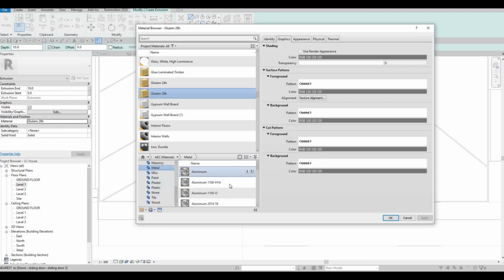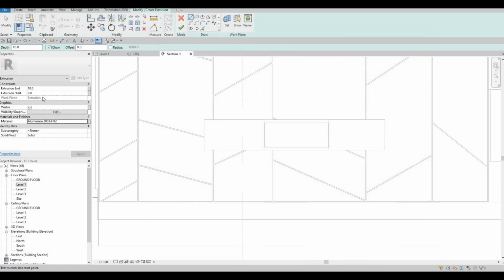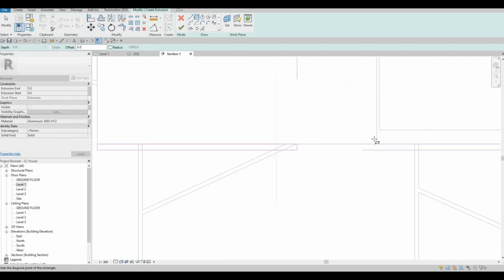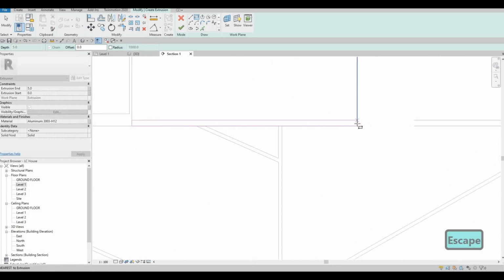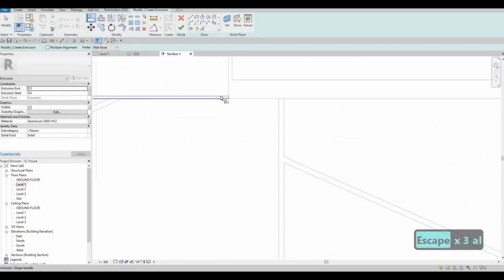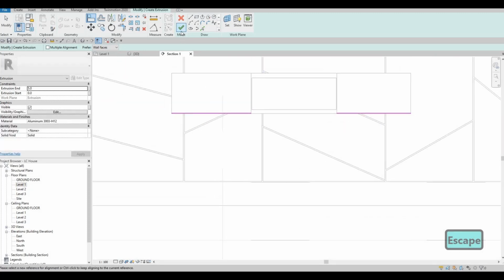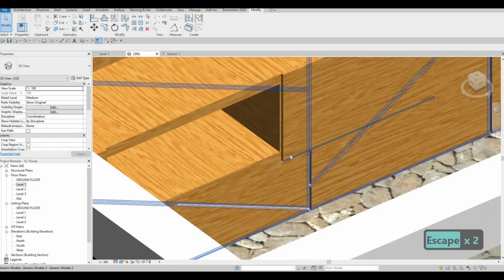So let's go to metal and let's add one of this finish right here. And then it will be around 5. Let's do 5. Click apply and then just a simple rectangle. And we want to make sure that this is happening at the same time and it's the same height. So I'm going to use align to align them perfectly like that. And then once we see it and finish, we could see that a subtle